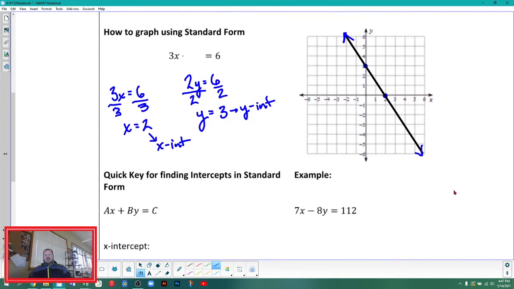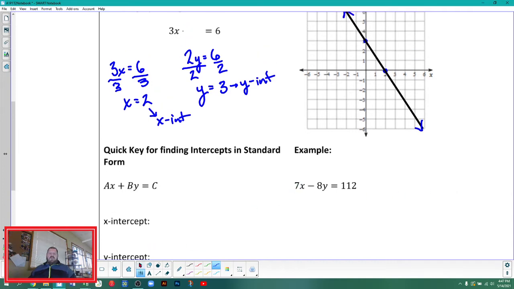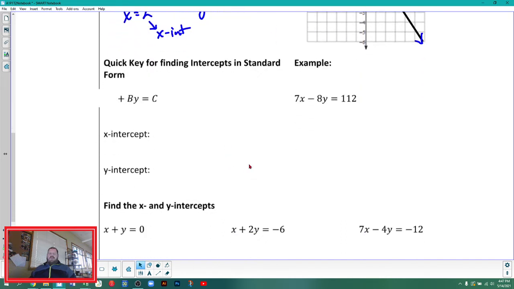Okay. Now, there are some quick little tips, and I mentioned this when we were finding slope in standard form, that there is a quick tip. I usually don't like talking about it, though, because I'm not a big fan of the, well, you've got to memorize this type of strategy. I don't want to have to memorize things, okay? But after doing this so many times, I start to see a pattern. And that is